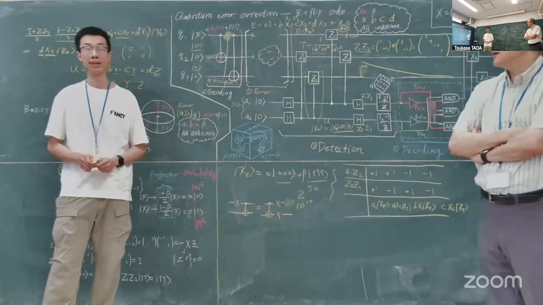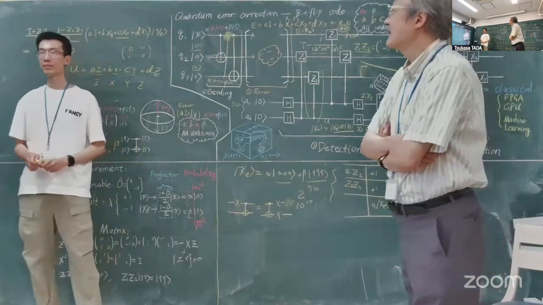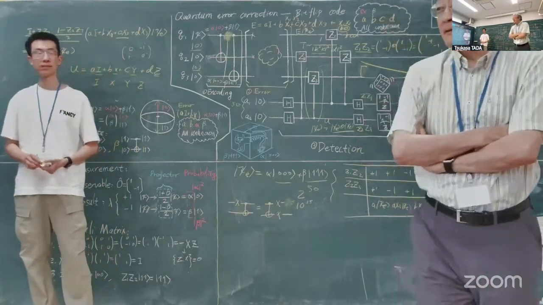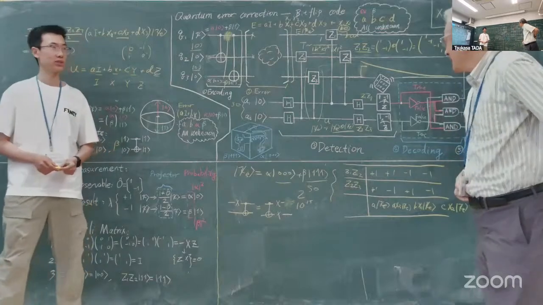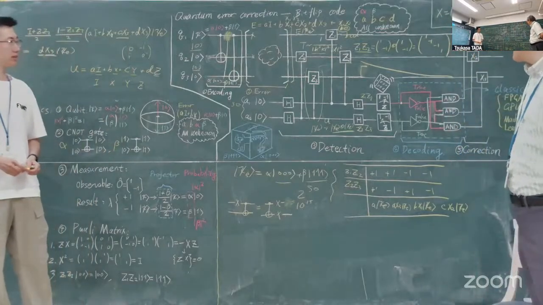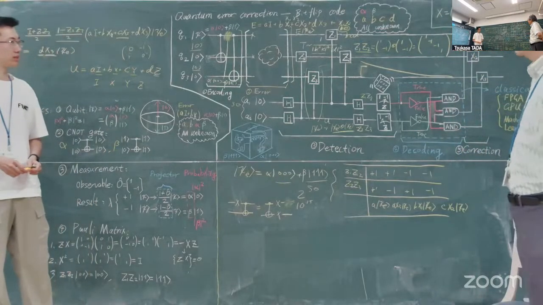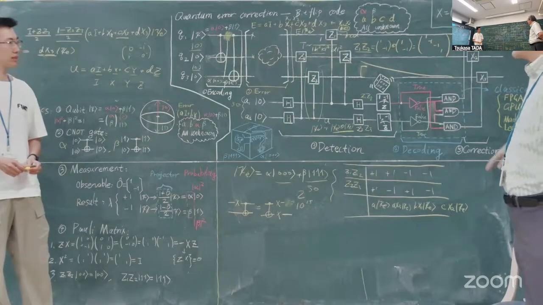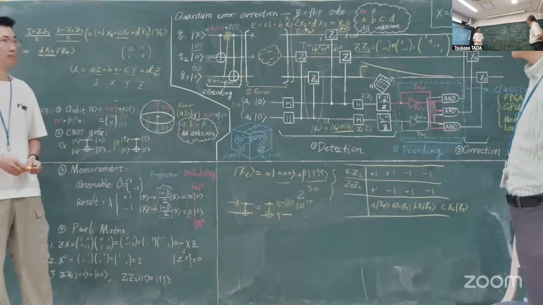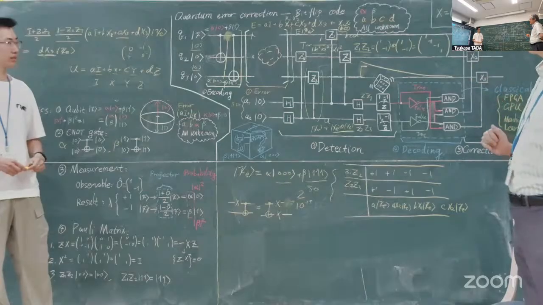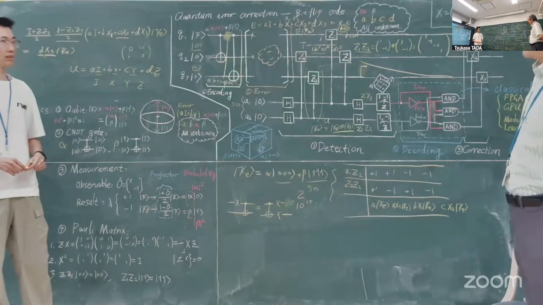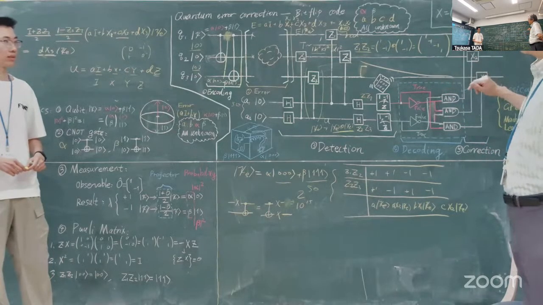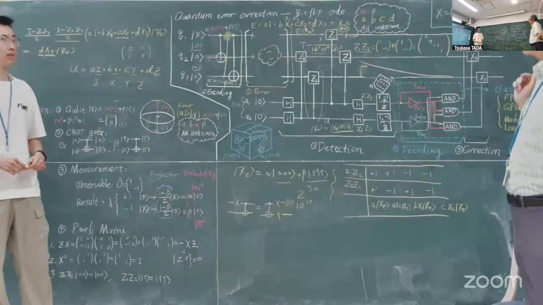Any questions from online participants? So let me ask one question. You said that one of the difficulties of quantum error correction is the decoding part. The scalability of this decoding part is a very big problem. So what do you think is the most difficult current challenge for future fault-tolerant quantum computing?